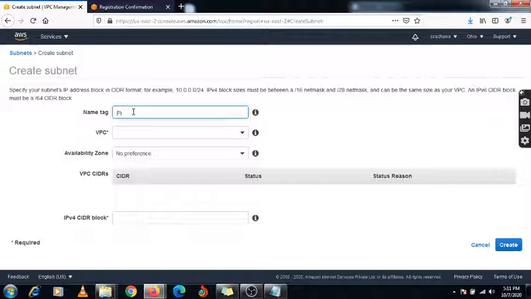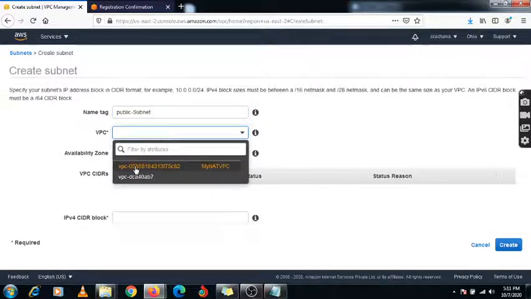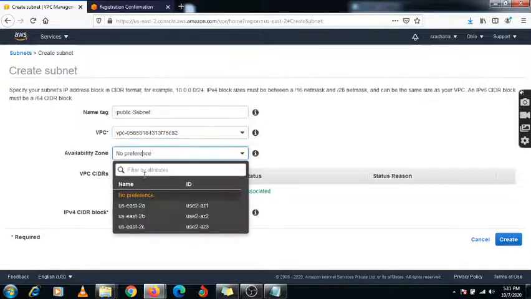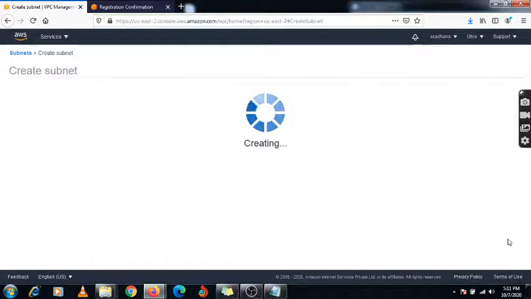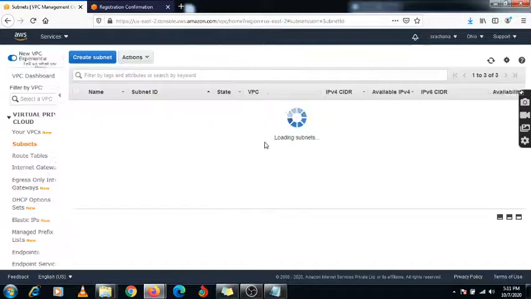I am giving public subnet, and here you need to select your VPC, and I am selecting availability zone 2A under this, and I am giving this range, that is 10.0.0.0/24, 24 or 25 you can assign. This is my public IP address range. Now this public subnet is created.